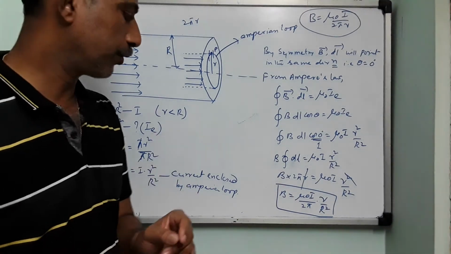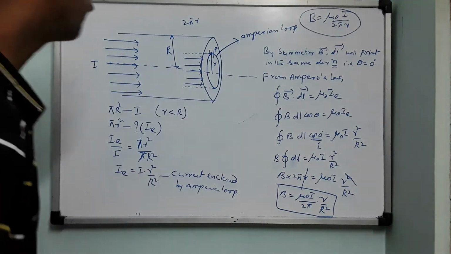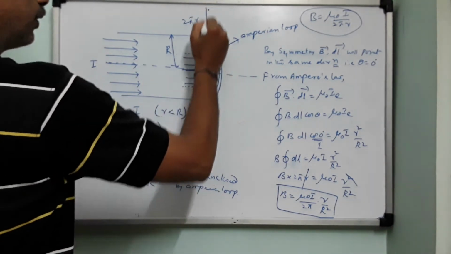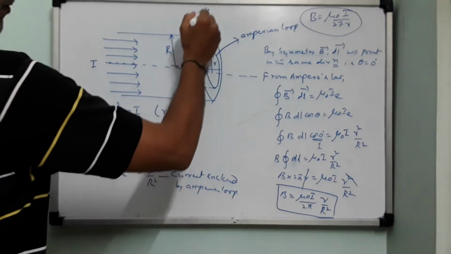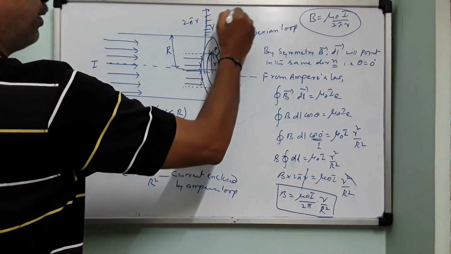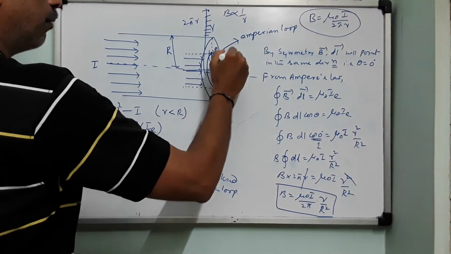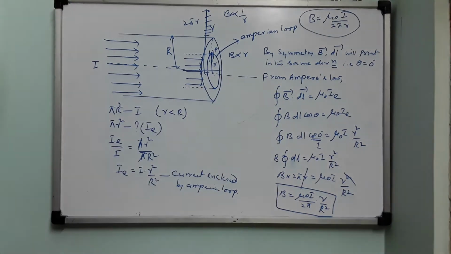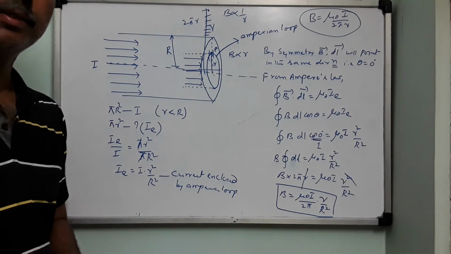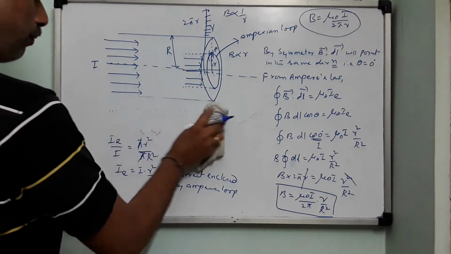And one more thing you have to notice, children. This is inside the conductor and this is outside the conductor. So if I consider this point P here, from here to here, if the distance is small r, for all these points B varies inversely with r. And for all these points which are there inside, B varies directly with r. So inside the conductor it is directly proportional, outside the conductor it is inversely proportional. Okay? So, therefore, what is the conclusion you can make is,